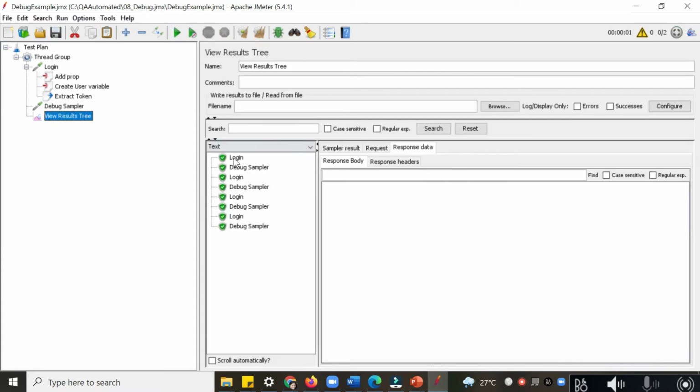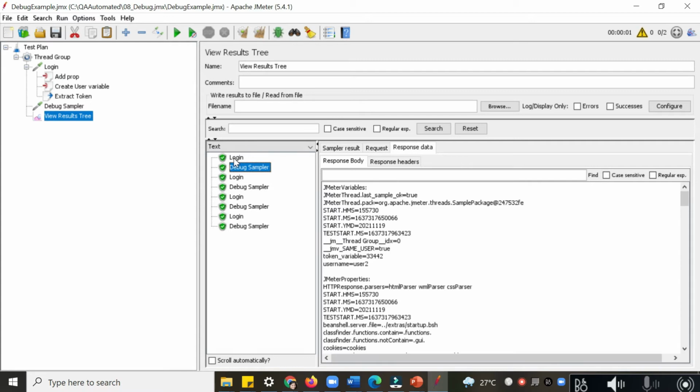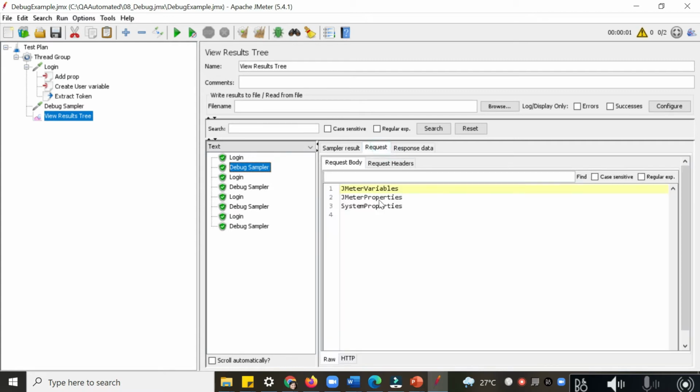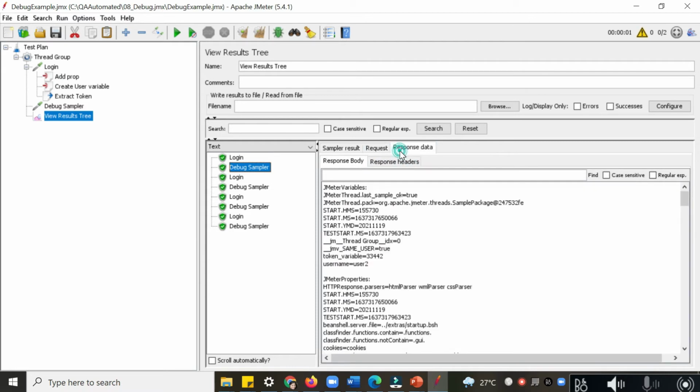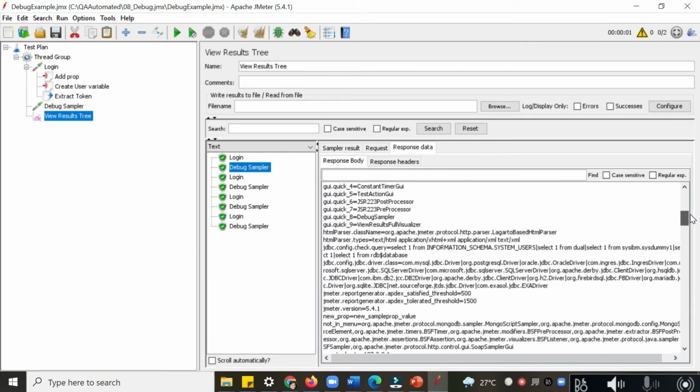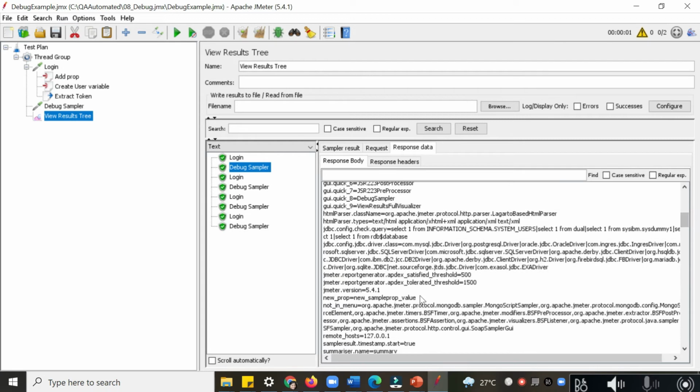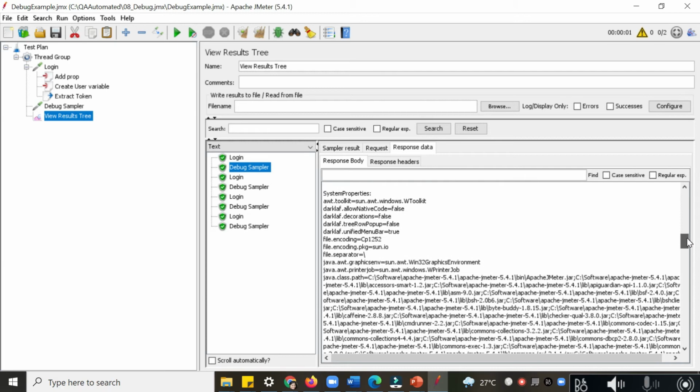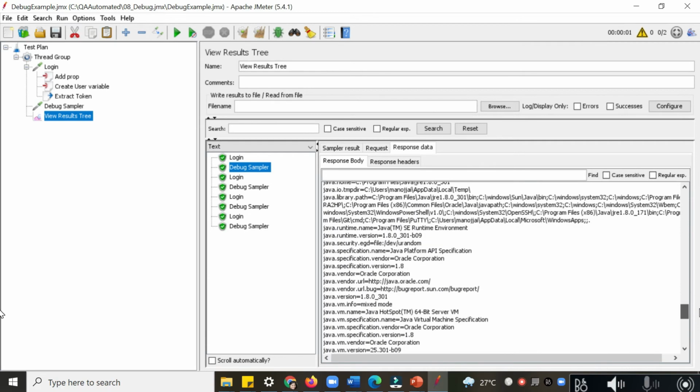After running, in the debug sampler request you can see what you have selected, and in the response you can see what the token variable was and what the username was. These are JMeter variables. Then in JMeter properties, what were our changes? We have set this new property here and added these system properties. So all these things you can check with this sampler.